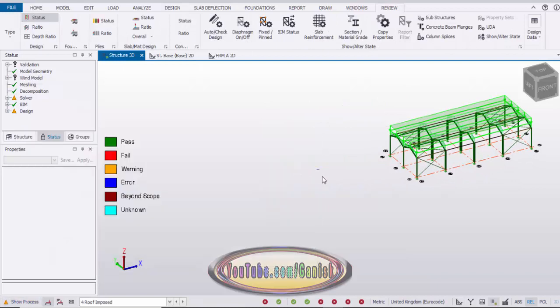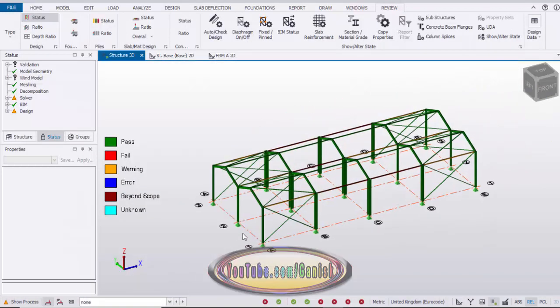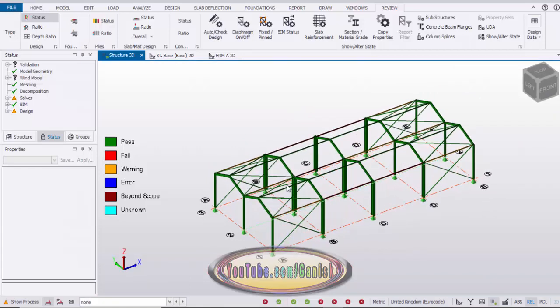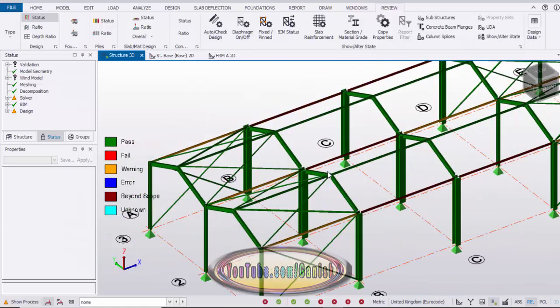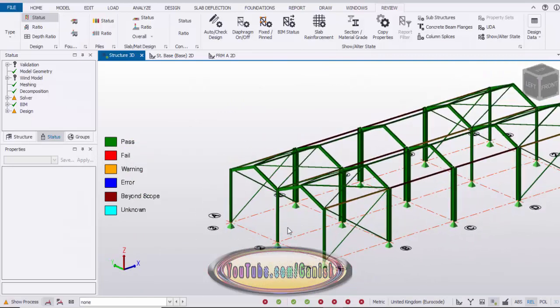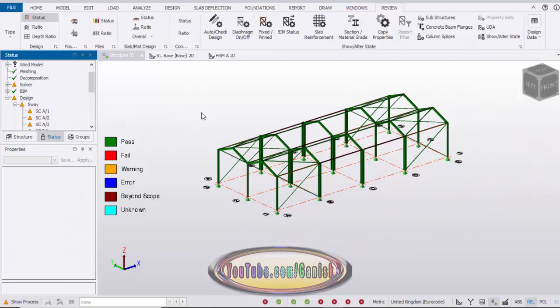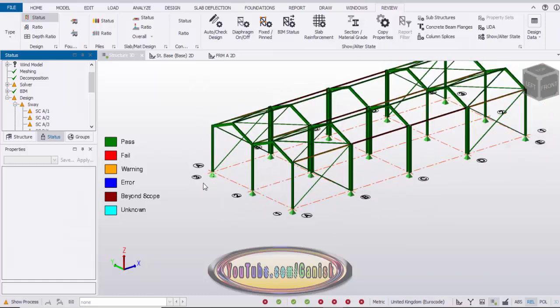Now close it, and now click on here and select none. Okay, currently we have an issue with the sway. Now we're going to click on here, and you can see under design we have the problem with the sway also. So to rectify this design warning, we need to change the supports of this column.